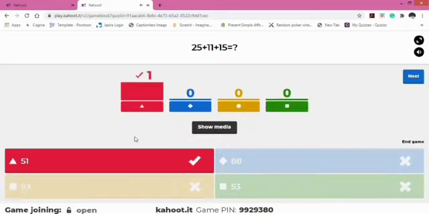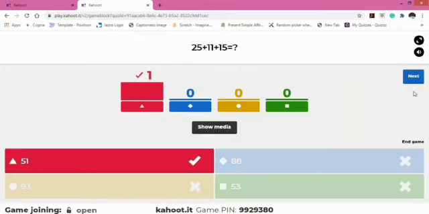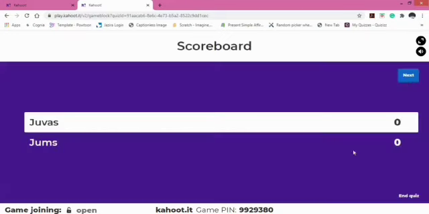By observing this graph, you can find out how many students got the right answers and how many got the wrong ones. If you click this Show Media button, you can view whatever photo or video you put for this question. To view scoreboard, click the Next button. 0 points added means that student either clicked the wrong answer or didn't click any at all. Along with the countdown timer, the points awarded are also decreased. Click the Next button to start the next question.